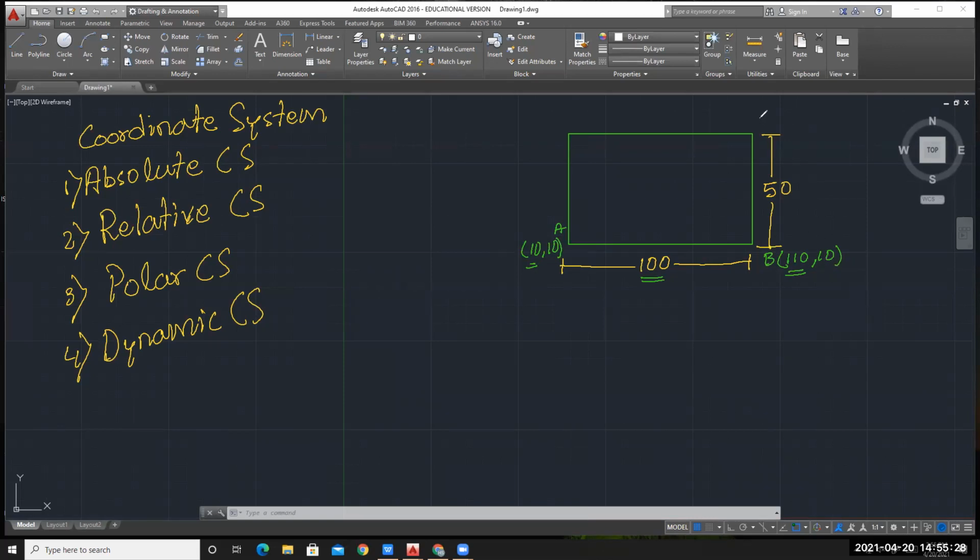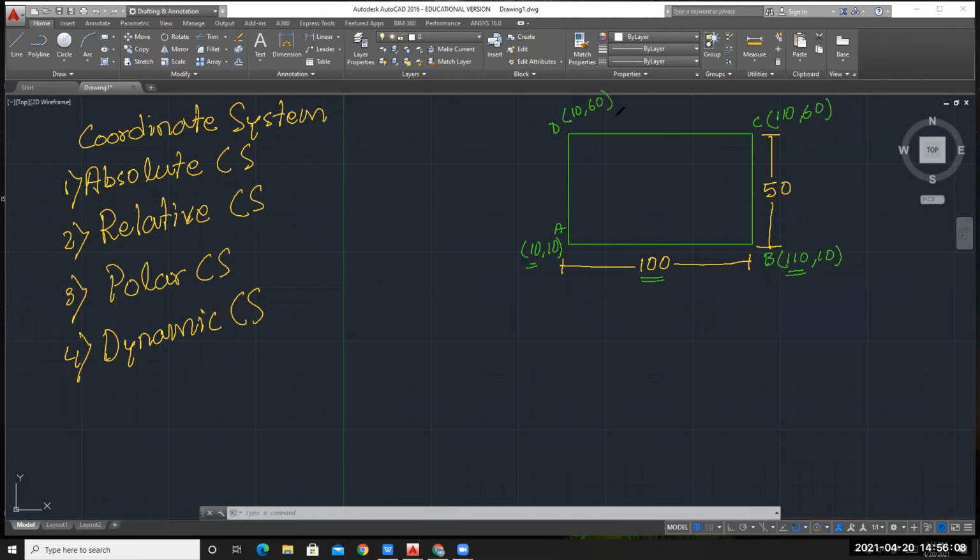Now coming to this point, please tell me the coordinates. 110, 110 comma 50, 50 plus this less value than 60, 60. Okay, so this will be the coordinate of corner C, and for D it will be 60 comma 10 in x direction. You are not moving the 10, same comma as it is, so it will be 10 comma 60, and y will be 50 plus 10, that is your 60.